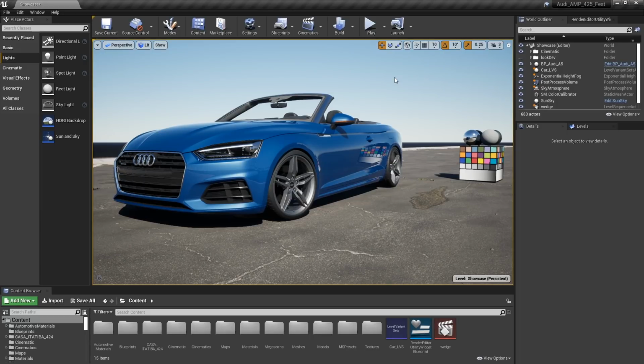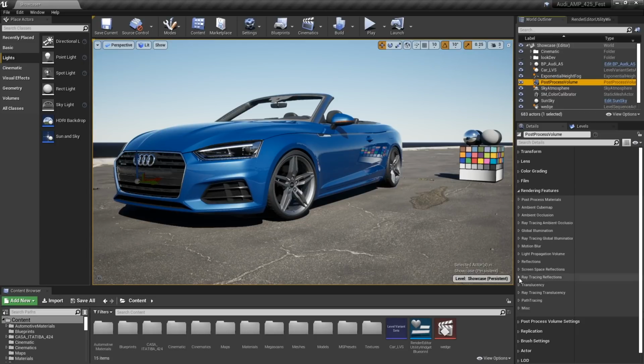All right, so with all the setup work done, the next thing that we're going to do is start to improve the look of the vehicle. And I want to work on the headlights. So they're really dark. We're going to use some of the attributes that the ray tracer has to fix that. So let's go ahead and jump into the post-process volume, and we're going to go to the ray trace reflections, and the max bounce we're going to increase from 1 up to 3. And as soon as I do that, you can see there's a bit more sparkle in the headlights, and there's reflections of reflections kind of happening across the vehicle, but it's still kind of dark.